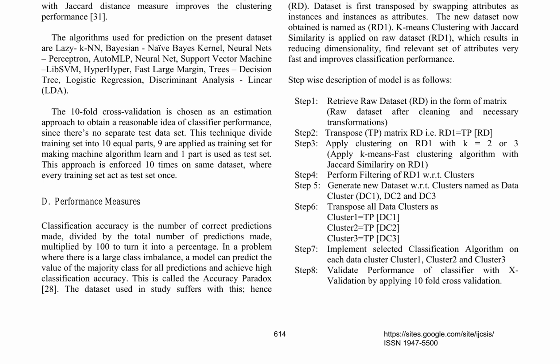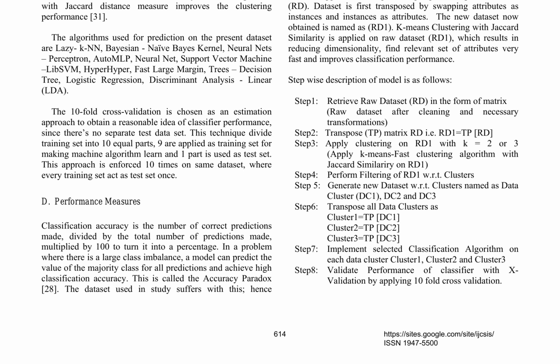A tenfold cross-validation technique is used to estimate classifier performance. Performance measures include classification accuracy, F1 score, and kappa statistics. Classification accuracy may not be a perfect indicator due to the dataset's large class imbalance, known as the accuracy paradox. F1 score is a weighted average of precision and recall, considering both false positives and false negatives. Kappa statistics measures the normalized value of agreement for chance.